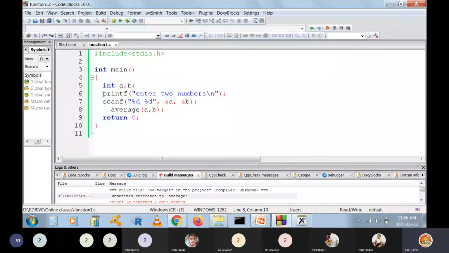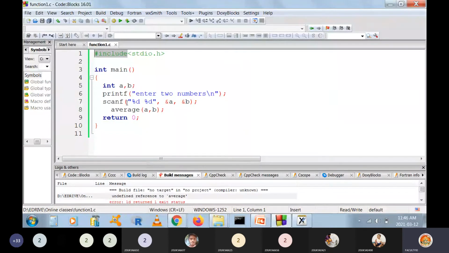Now printf is also a predefined function. You are calling this function, and scanf too; these are also function calling statements. But where are those programs? They are already available in stdio.h. So you are linking your program with this C library header file stdio.h by using this hash include.